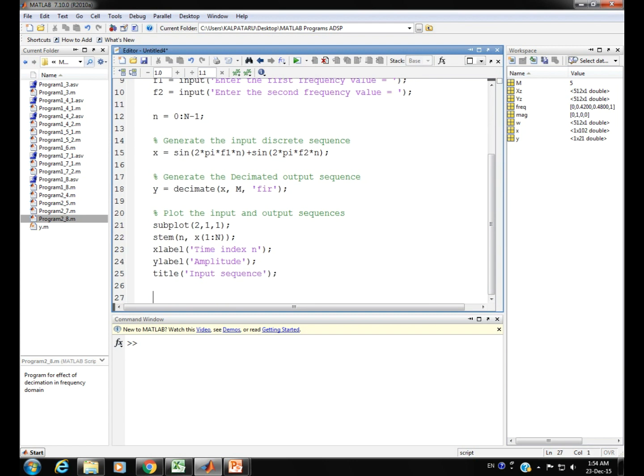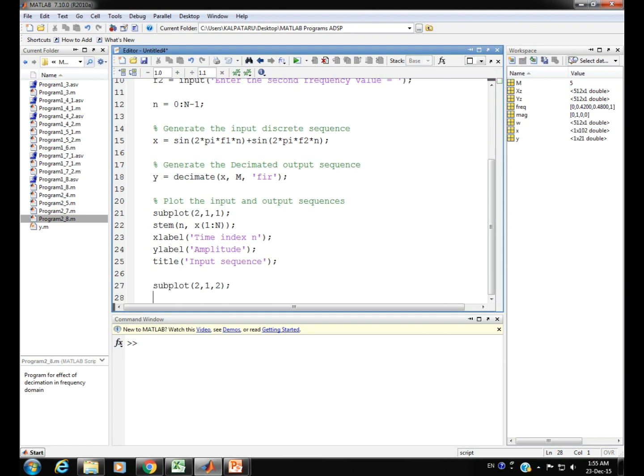So now this is the plot of the input sequence before decimation here. Now we have to make the plot of the signal that has been decimated. So let us make the assignment to the second cell of the subplot here. So subplot 2, 1, 2, and after that making use of another time variable.